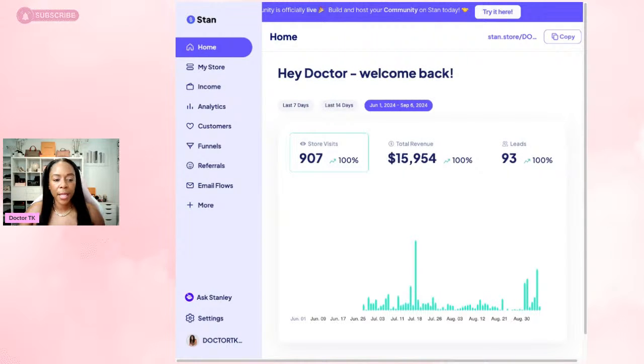Okay, so Stanstore actually has 2 different plans. If you ever want to look at the plans, you just go to Stanstore, you go to pricing, and then they will show you that they have a creator plan and they have a creator pro plan. The biggest difference is if you desire to have payment plans for maybe larger investments for people, or if you want to offer like Afterpay Klarna, or if you want the email marketing upgrade, you definitely need to